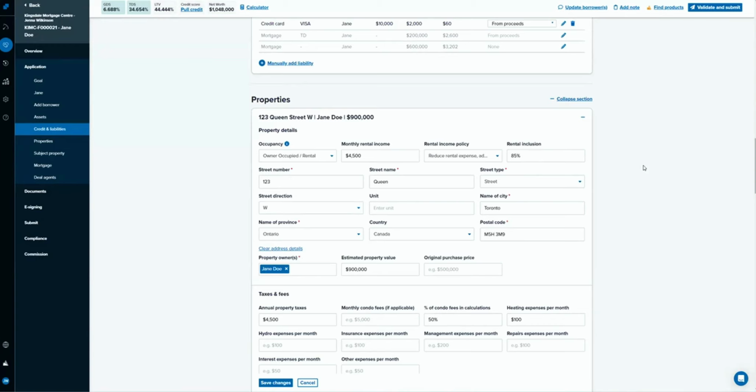So that's something to keep in mind. And if he is renting a property, you have to include his rental income in the debt service ratios. Or if he's living with parents, oftentimes they will force you to include a shelter payment in your debt service